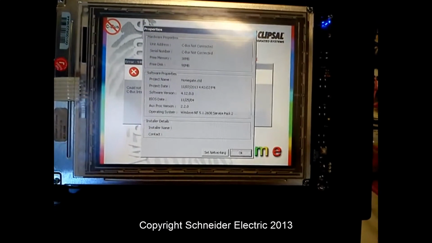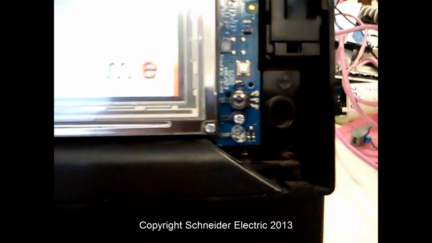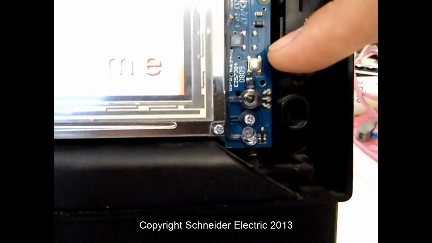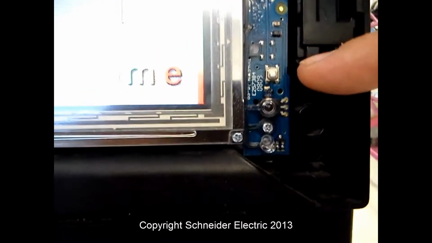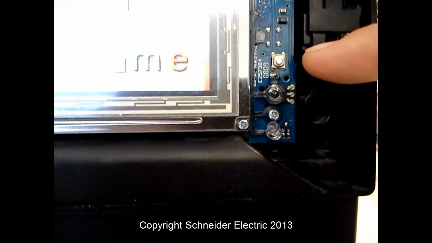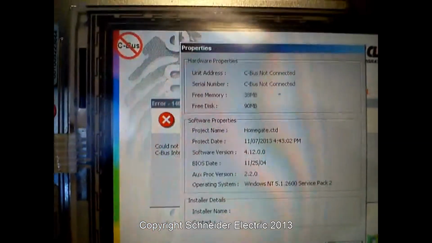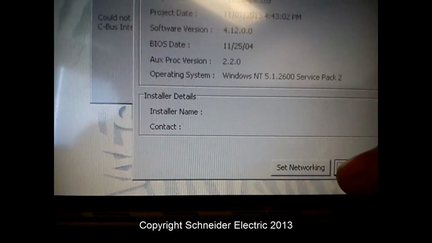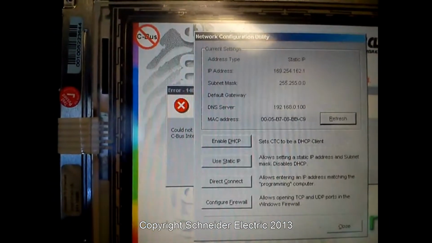We bring up the IP settings on a color touchscreen which is brand new. Ideally, firstly, we need to reset the touchscreen, which is done by pressing this little silver push button here. This will reset the unit just like what a computer reset button will. Once the touchscreen reboots, you'll be prompted with a properties window where it'll give you the option down the bottom here to set networking. All we have to do is press that, and that'll prompt us with our network configuration